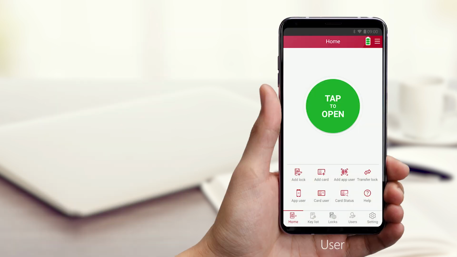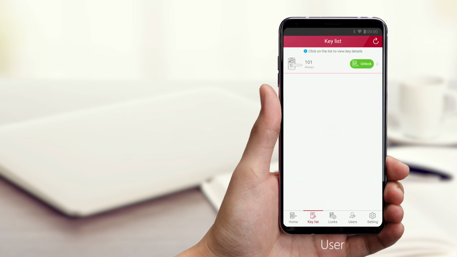Users go to the function menu in the bottom menu bar and tap Keylist. Tap on the door lock after the authorized locks appear. To check user access method and access time,